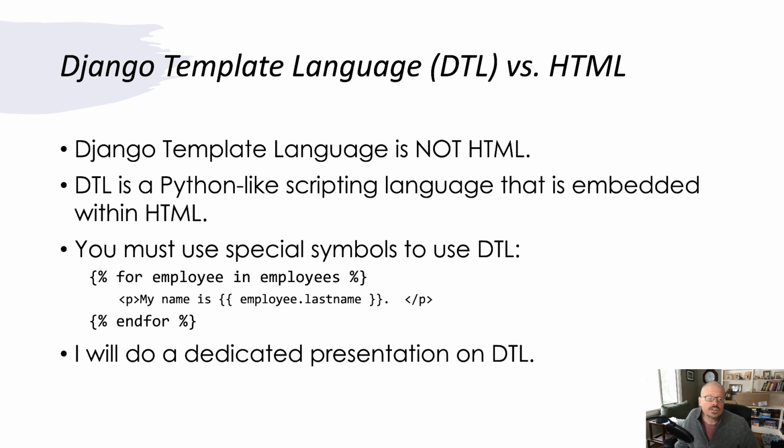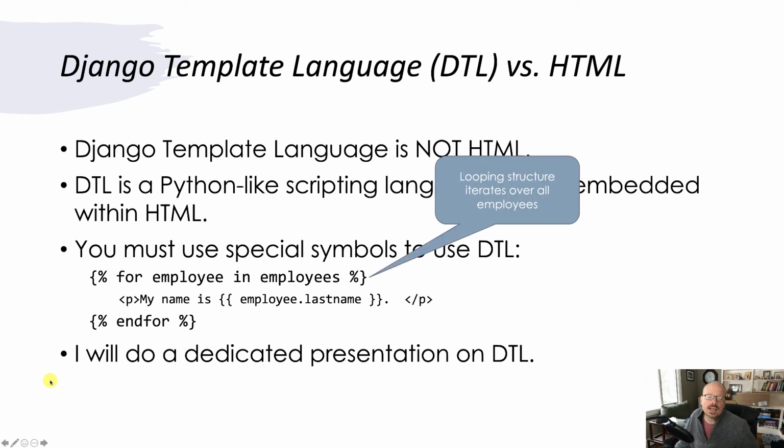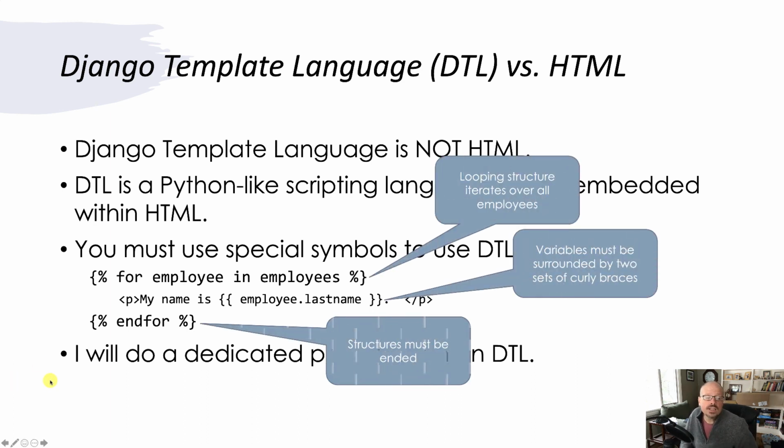And the last thing that is important here is the ending structure. You must typically end all Django template language structures in some way, typically with an end. So if you're using an if statement, you must use an end if. If you've got a for loop, you must use an end for. Okay? And like I said, I will do a dedicated